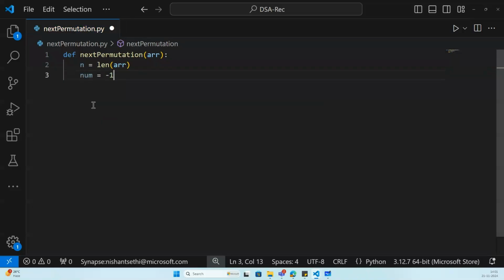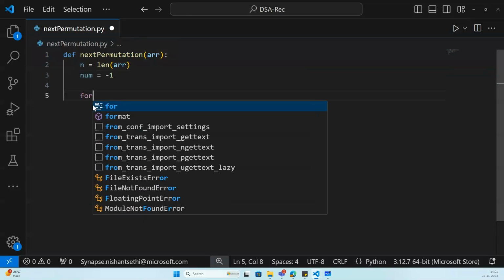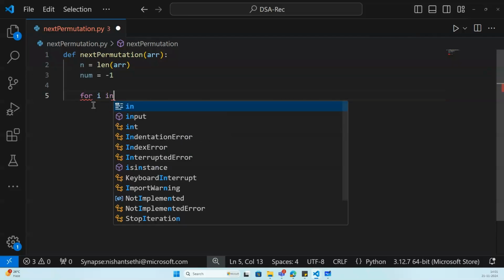And how I will use this variable is to track the index where I find that I have to do the swap, the initial swap, right? So that's where I will make use of this variable. I will store the index of that specific element that I need to swap in this variable, right? So now I will start traversing the array,